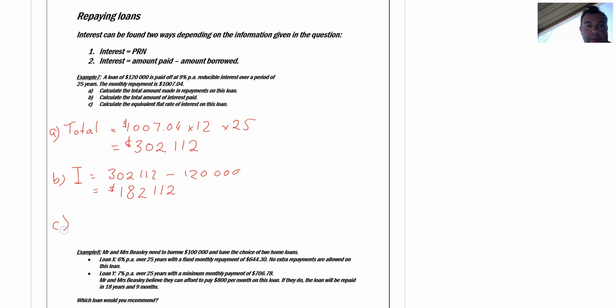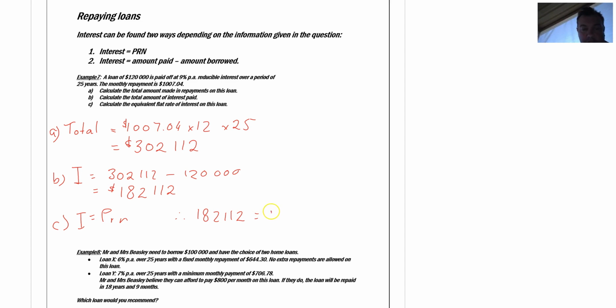Now for part C, equivalent flat rate of interest. What we want to look at is, if I borrowed 120,000 at a simple interest for 25 years, what would it be? What interest rate would give me interest of this amount? So, interest is PRN. Therefore, my